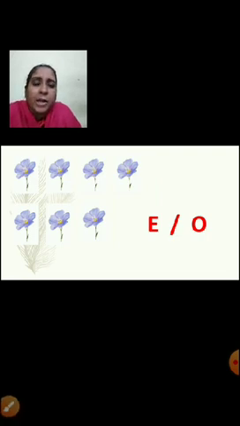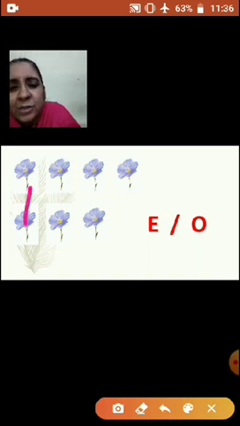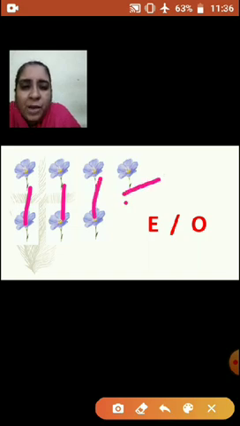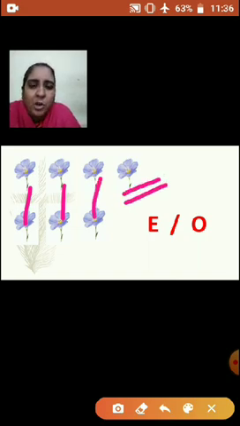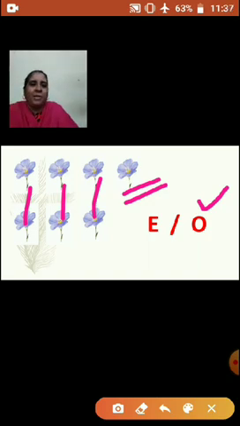Now here you can count the flowers, and tell me whether it is an even or odd number. So I have shown you an easy trick. If the pictures are there, you can make pairs and find out, right? Let us make pairs and see, children. Yes. This flower with this. Again there is a pair. Here this is a pair. But here this flower is left. So which number is it? Even or odd? Yes, it is an odd number. Very good.